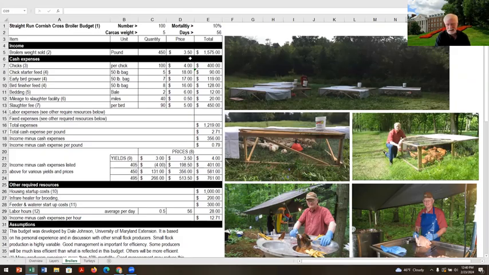Well, you're simply not going to sell to them because you can't get your price down that much. Some people are going to say, well, $15, that's about it. If I have to pay more than 15, I'm just going to buy them from the store. Or you may have a clientele that's well-to-do, and they might say, I'm not going to pay more than $19 for a bird or $20 for a bird. So you have to figure out what that threshold is, and then you work it backwards through the pounds and the price to figure out what your price is going to be.